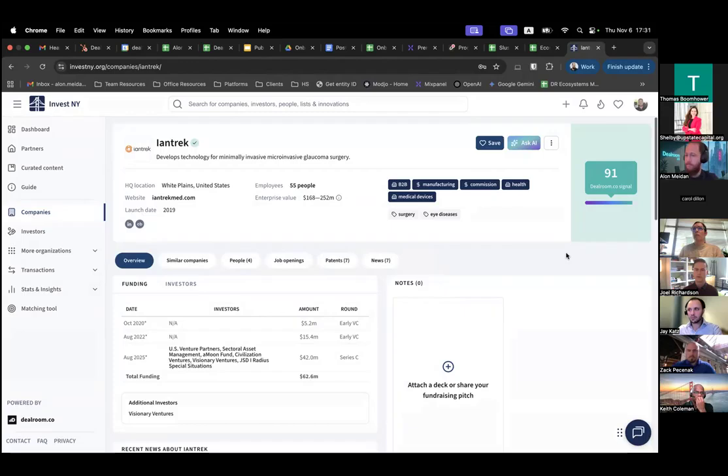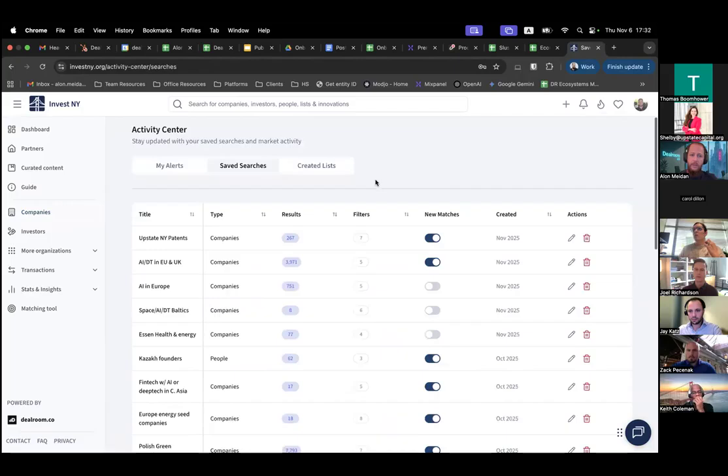Now, I've shown you how to save a query, and how to save a list. Where do we find these things? If I go to the very top of the page, right next to my picture, I'll see this heart icon. If I hover over it, it says Activity Center, and I'm going to click it. This is my Activity Center. By default, I will see my saved searches. For example, the one that we just saved is here at the top. And I can, of course, revisit it. This is a hyperlink back to my search.